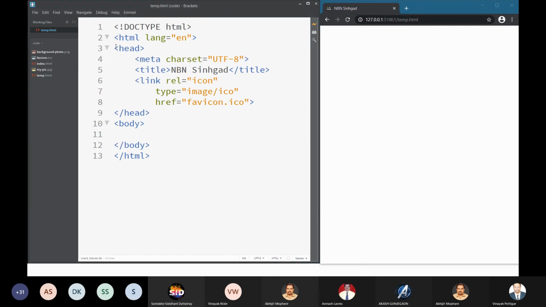So this is the head tag. Anything that you put inside the head tag is an instruction to the browser about the title and whatever links you want to have inside your code. It is also used to give the link to the CSS. We will see that in the CSS section. Currently we will not bother about that because the conceptual understanding will happen only in this session, but the hands-on experience you will get in the YouTube videos, where you will also perform those assignments, right? And you have to submit those assignments.